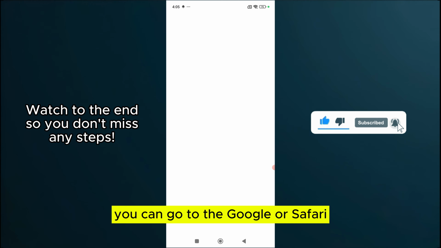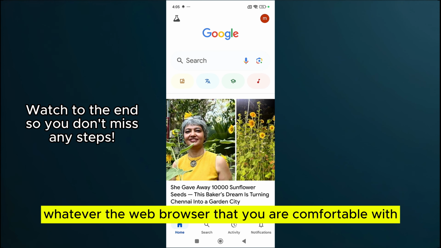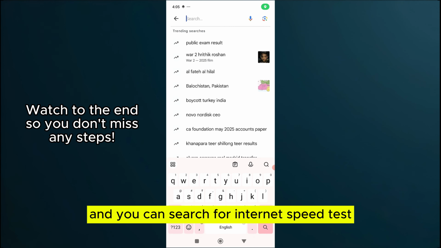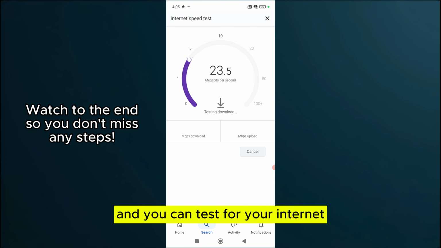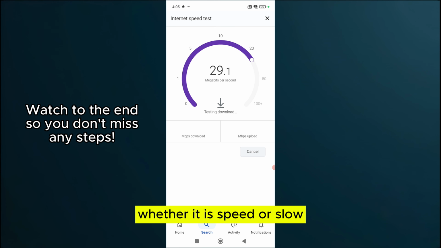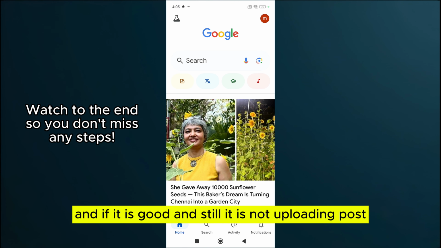Firstly, you can go to Google or Safari, whatever web browser you are comfortable with, and search for internet speed test. There you can run a speed test and check whether your internet is fast or slow. Mine is good for now, and if it is good and still it is not uploading posts,